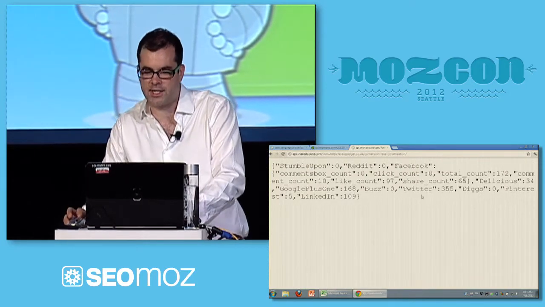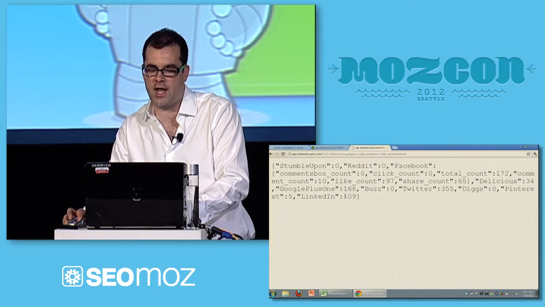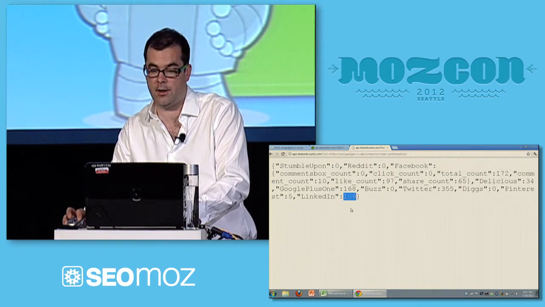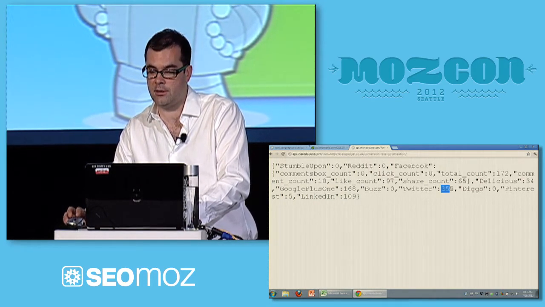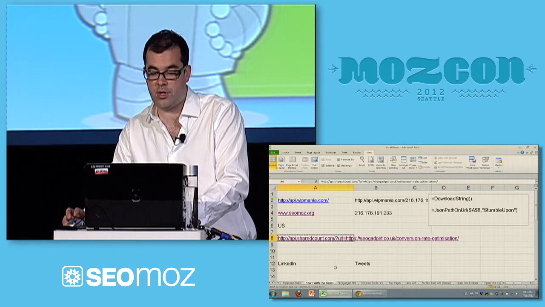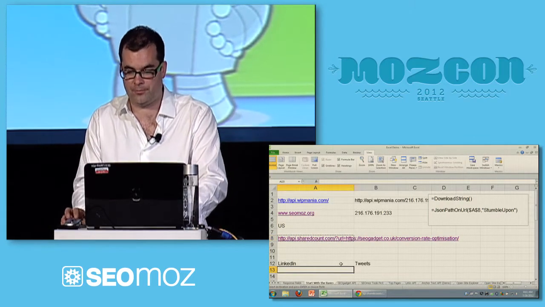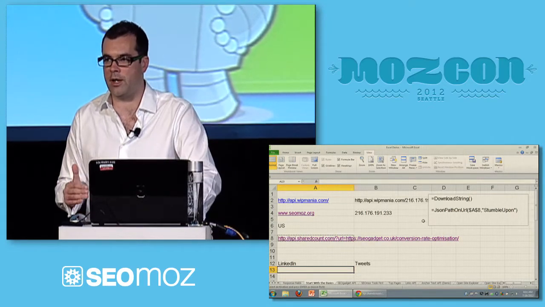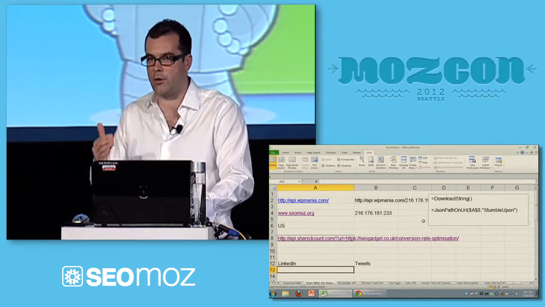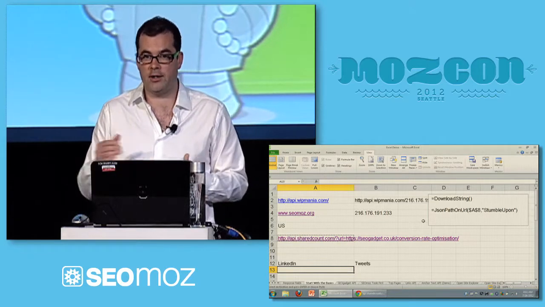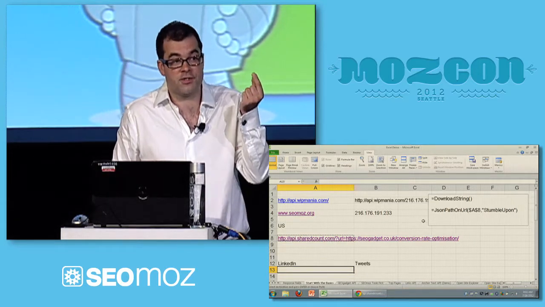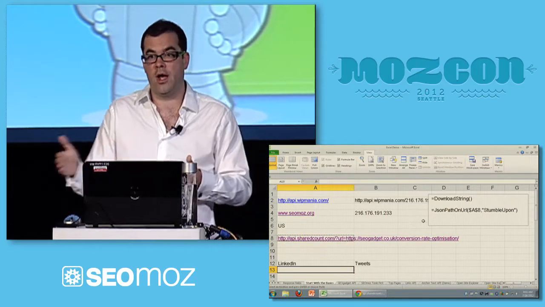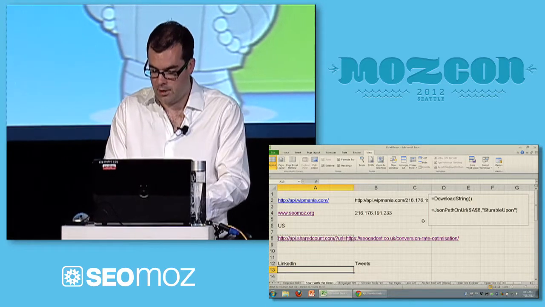So let's say that I wanted to get maybe the total number of shares on LinkedIn that I got for a link and the number of tweets that I got for a link via the API rather than any other method. So I'm going to introduce you to a function called JSON path on URL, right? Because we're working in JSON. JSON path on URL is called a JSON parser, right? So it can look for what's called a response field, like the word StumbleUpon, and then fetch that data and put it into our cell. The way we do that,